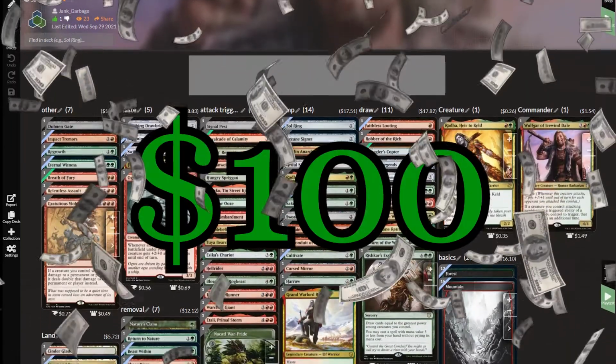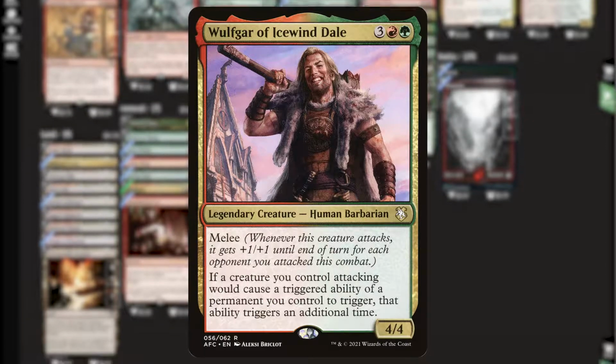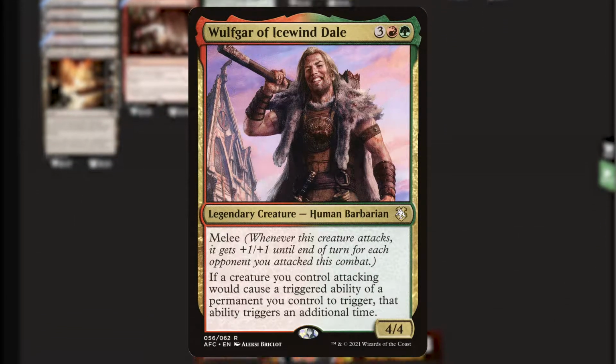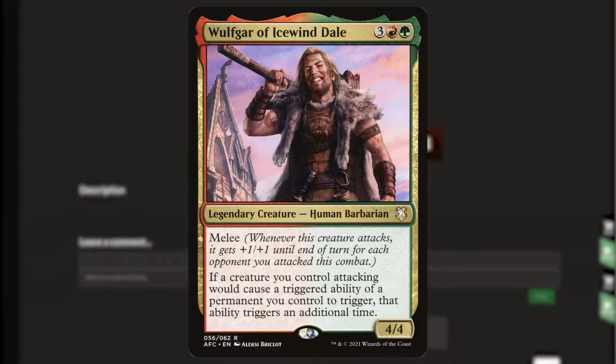This is a $100 budget Wulfgar of Icewind Dale deck tech. Wulfgar of Icewind Dale is 3 red-green for a 4/4 with melee. If a creature you control attacking would cause a triggered ability of a permanent you control to trigger, that ability